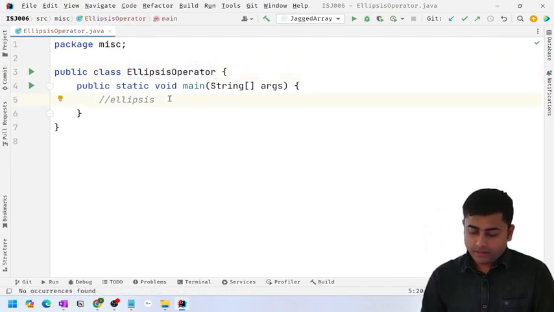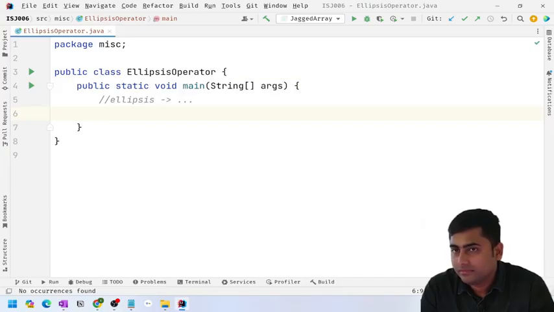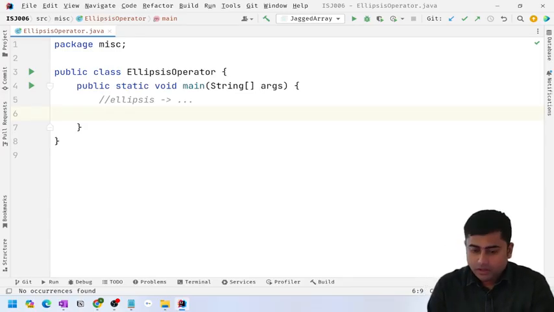Ellipsis operator is nothing but your dot dot dot. But what is the actual use of it? Now this operator is very much useful. If you want to share a variable number of inputs, for example, now I call a method, addition of two